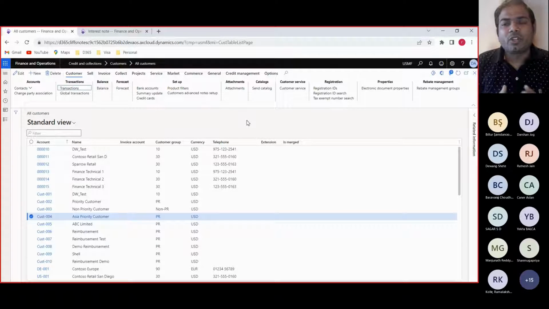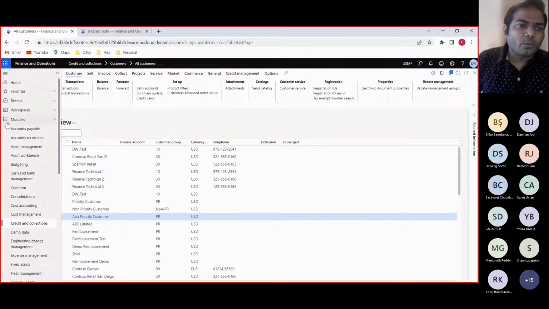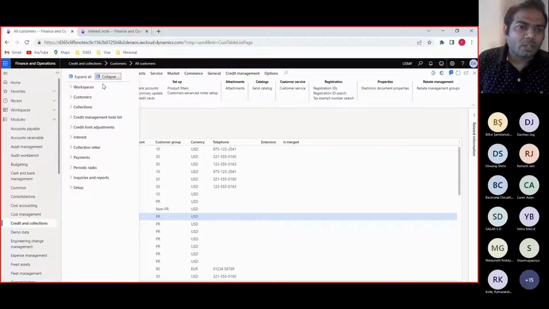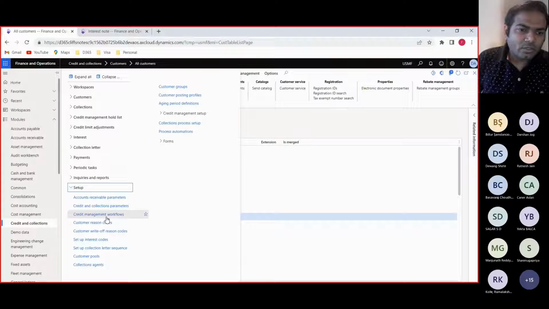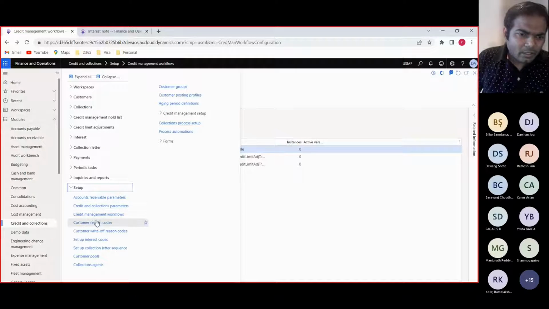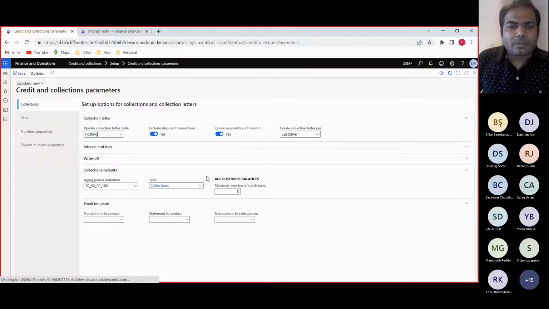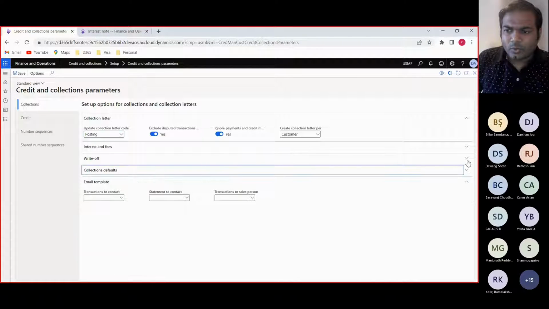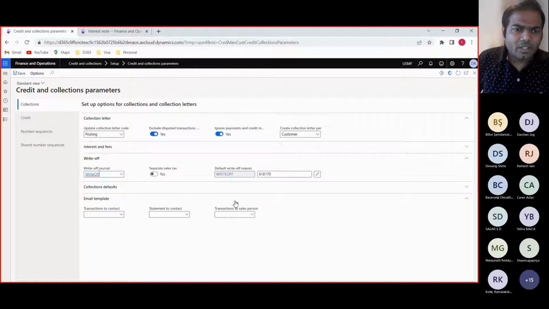There are certain company policies, like after 180 days or 90 days of overdue payments, they have to write off those overdue customer invoices. So how are you going to process those write-offs? Before going for the write-offs, we have to set up those basic initial setups. If I go inside the collection parameters, you have to create a journal